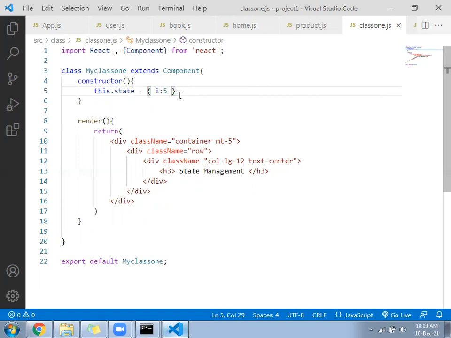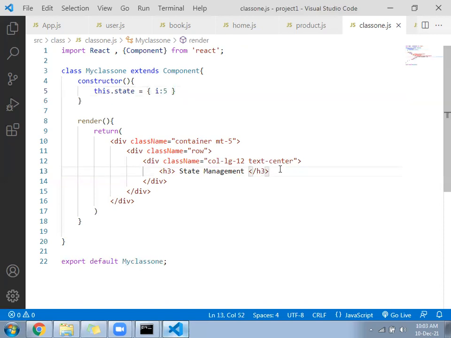If you remember the array, we write key colon value. So i becomes a key and 5 becomes the value for that.